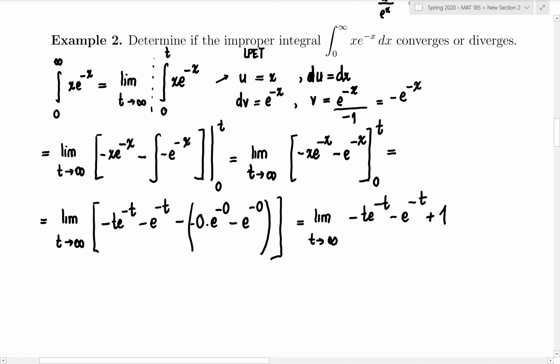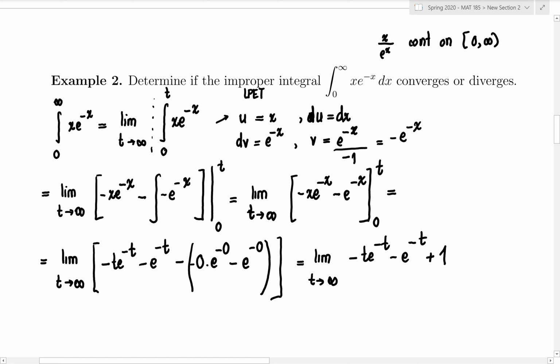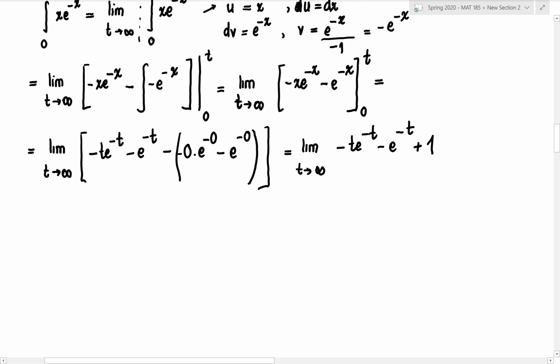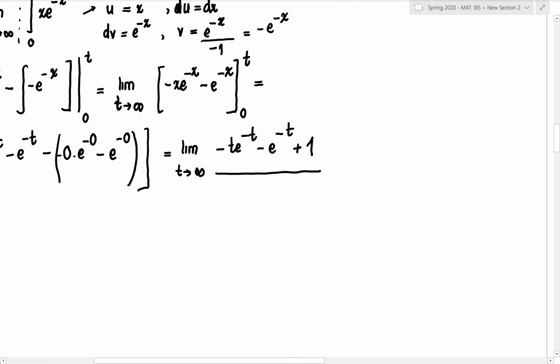All right, so what we've done here first is we realized it's an improper integral of type 1, because it's continuous over that infinite interval, and we have an infinite interval. And we turned it into a limit, and then we realized we had to do integration by parts. So that's what we did here. All we've done is this is just integration by parts. Now what we would like to do is find the limit as t approaches infinity of